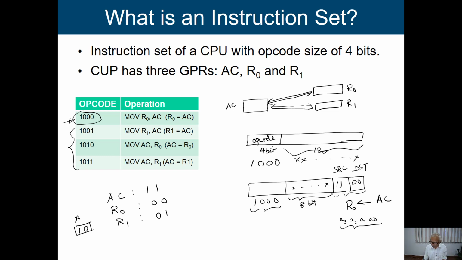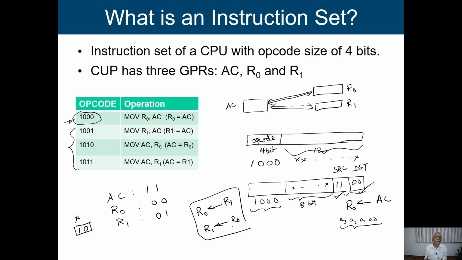And when we have this particular form, we get one more advantage: we can design some more instructions. Now we can have this instruction also, that moves the contents of R1 to R0, or moves the contents of R0 to R1. Due to the limitation of my opcode, initially we didn't design these two register movement operations. But with this format, I just have to change the register code of source and destination, and then these two operations can also be implemented in our machine.